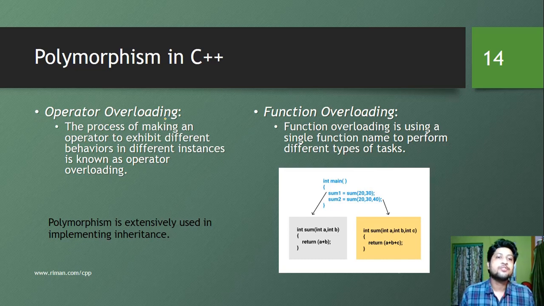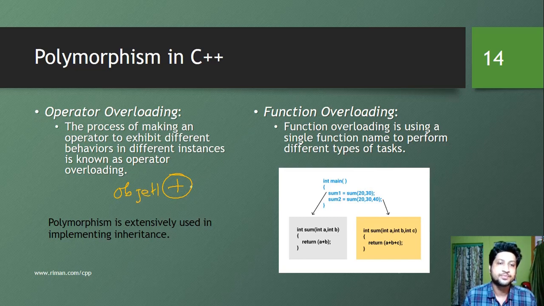And operator overloading is also there. The concept is that a class is a user-defined data type, and objects are variables of that class. Whatever operators apply to normal data like integer and float should be applicable to those objects as well. That's why C++ has provided a mechanism for operator overloading. Like we can overload this plus operator to add two objects,